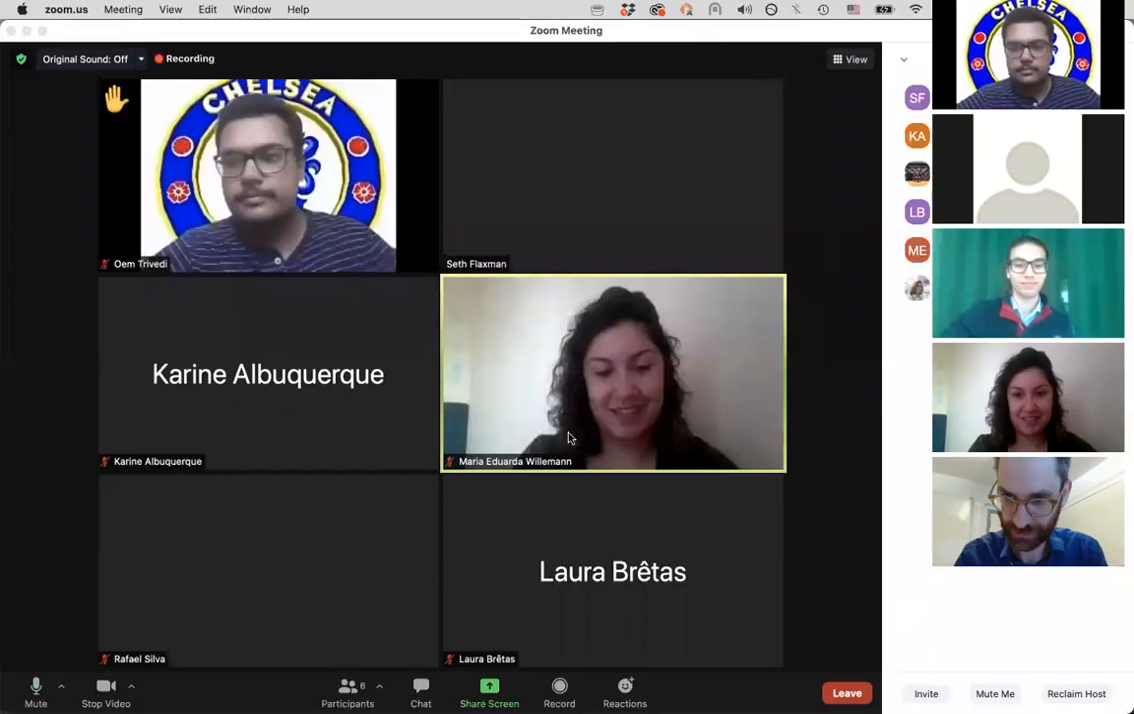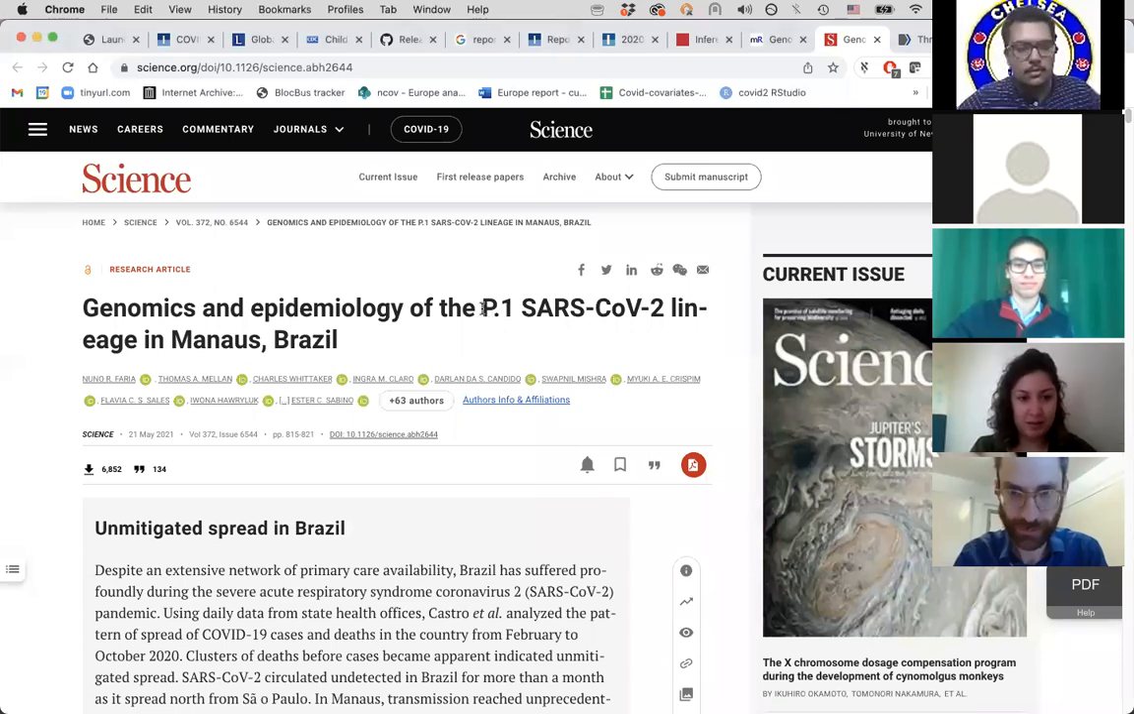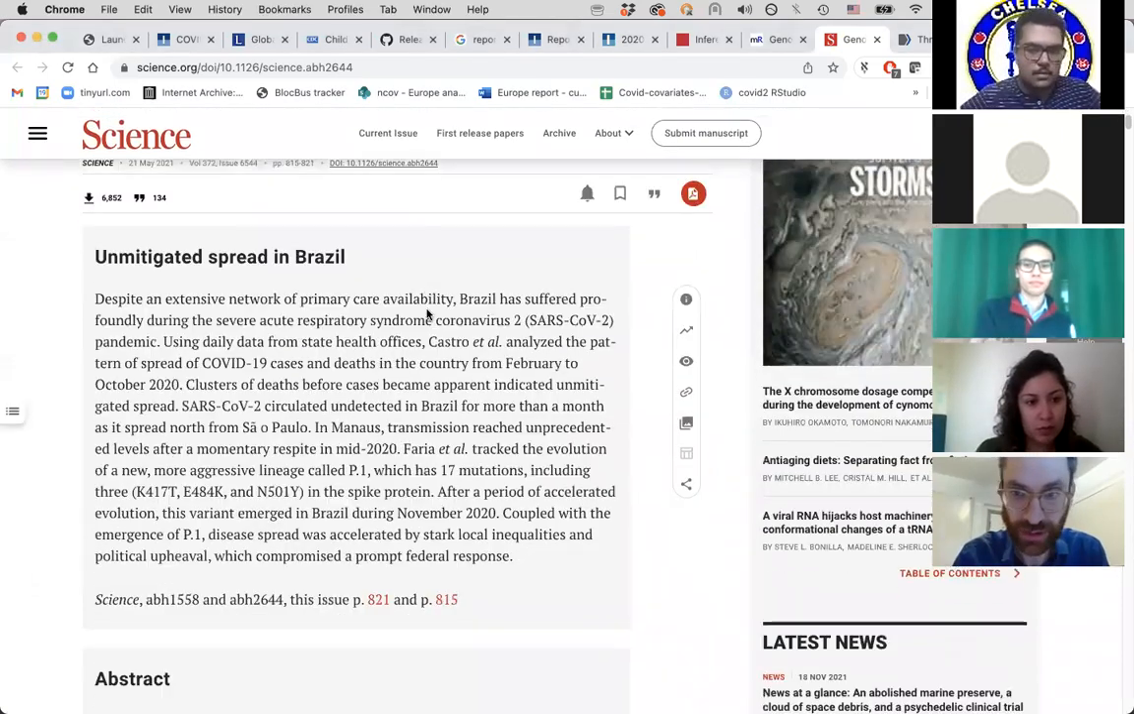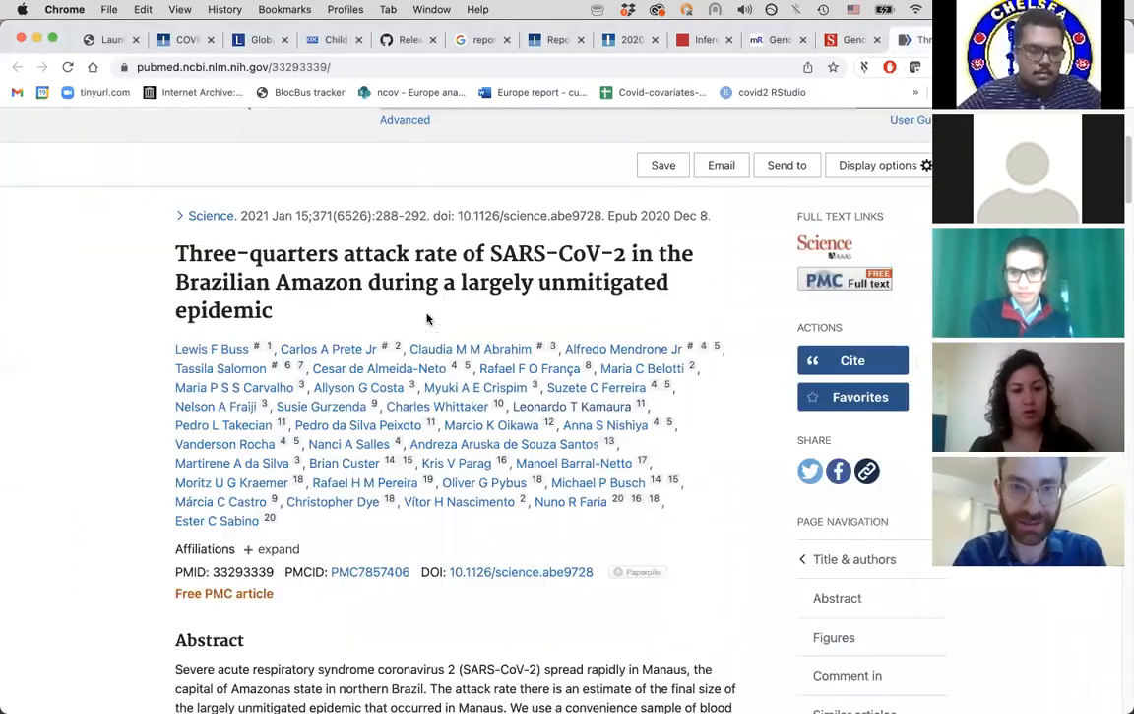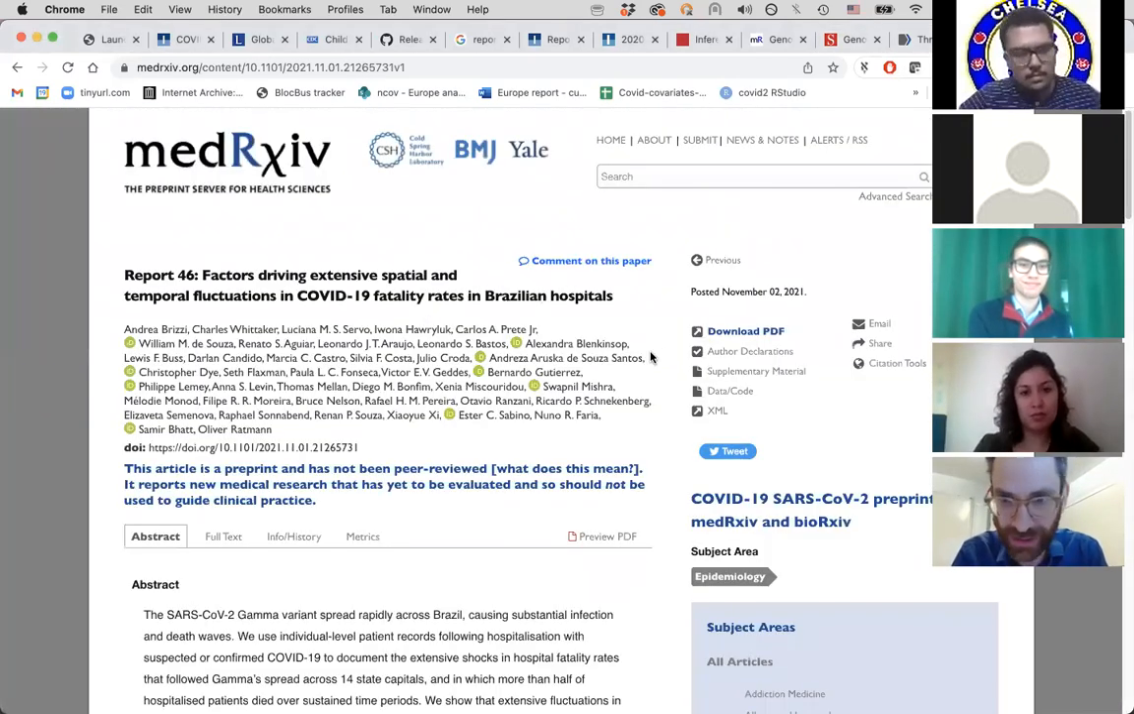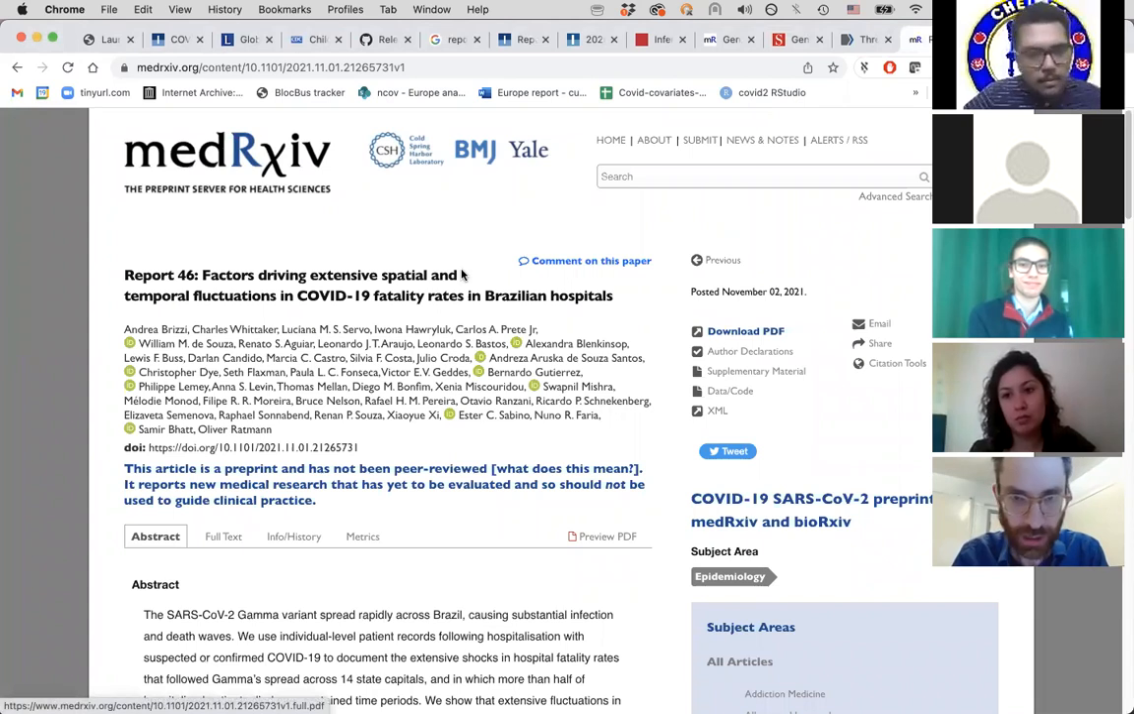I will mention one more paper. Well, this one I already talked about at length. This is the one that was the first one to characterize the P1 gamma variant, published in Science. I think it's pretty readable actually. So have a look at that. But one thing I forgot to mention, because it's new and I can't keep track of everything, is looking at